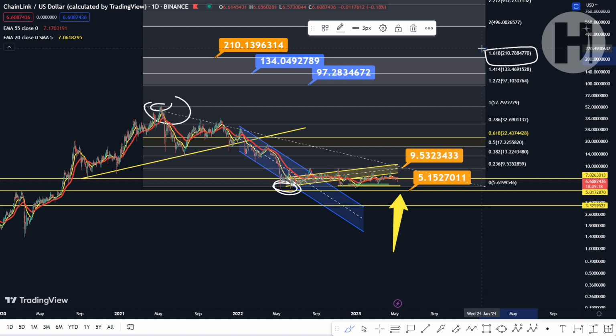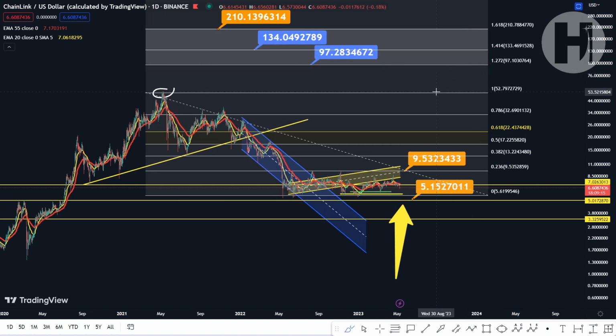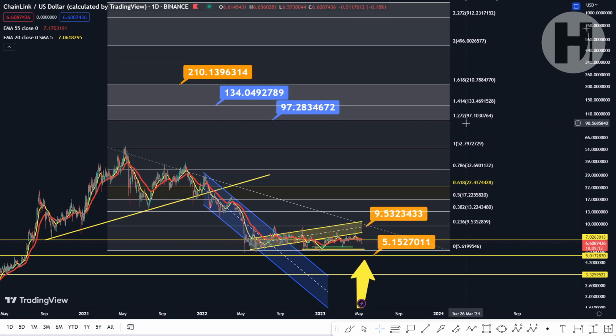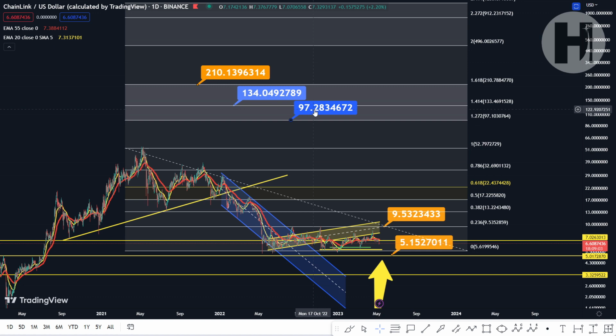So hopefully that's the price that we're going to be looking at by the end of the next bull market. That is what I'm targeting. Just to be a bit more conservative, we do have two more targets before that. So this is where you can start dollar cost averaging out of Chainlink. So $97 and